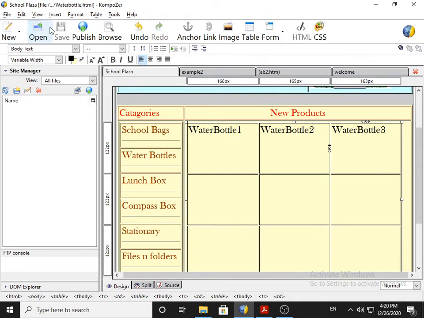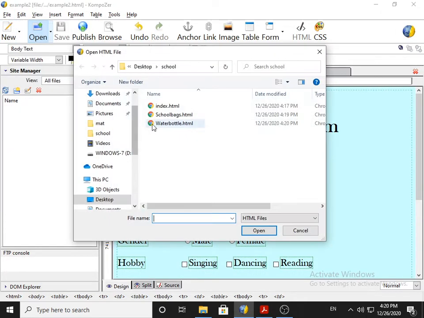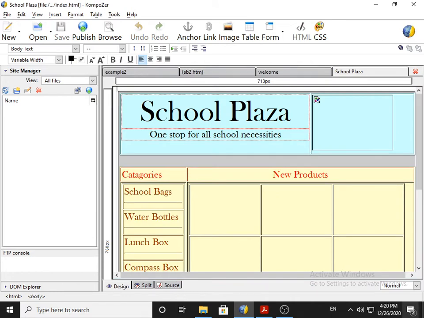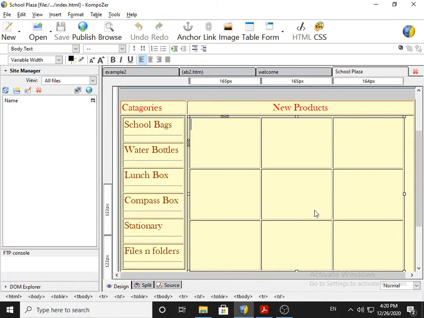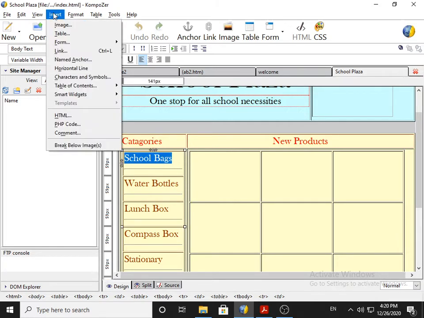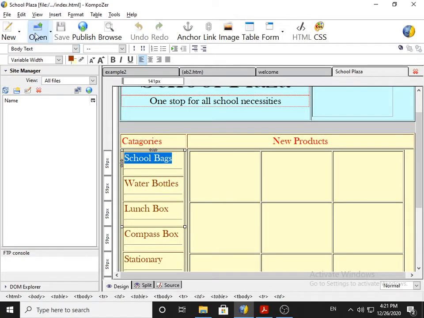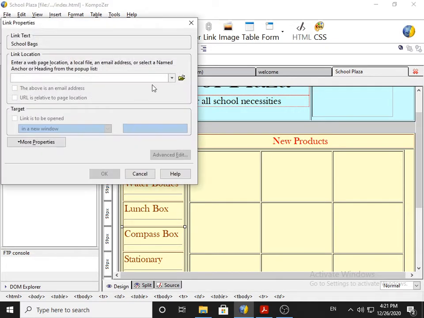Be careful. I am closing this file and I am opening the file, that is index.html. This is our index.html file, and in the index.html file I will select school bags, then I click on Insert, and then the command is there, Link. Insert and Link. So I click on Insert, then I click on Link,